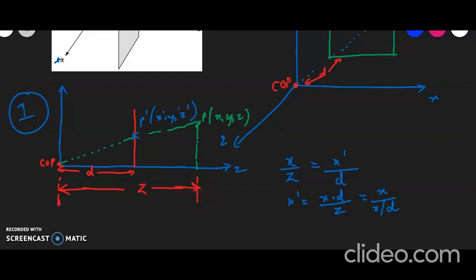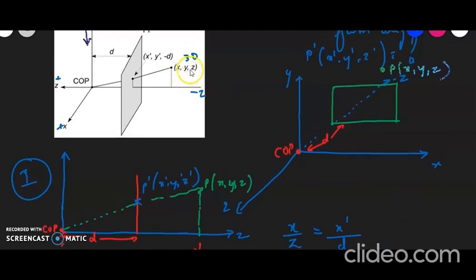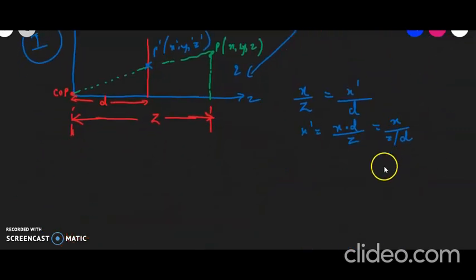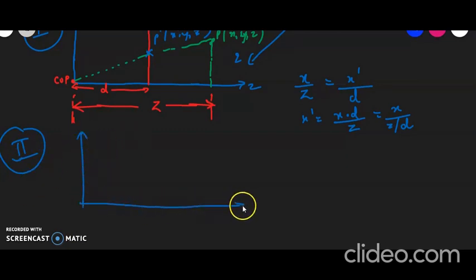Now I come to part 2 of the derivation, and in part 2 I want to get the value of y. If I want to get the value of y, I'm going to look along the x-axis, and then I'm going to get the y-z axes. So my statement says I am going to look along which axis? X-axis. So what am I going to see? I am going to see z here and y here.